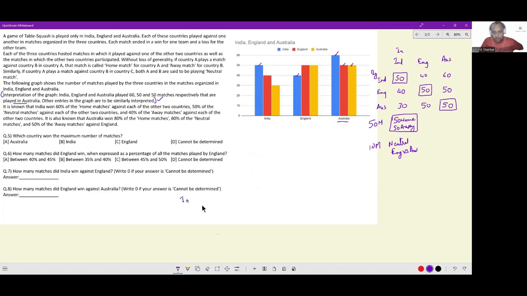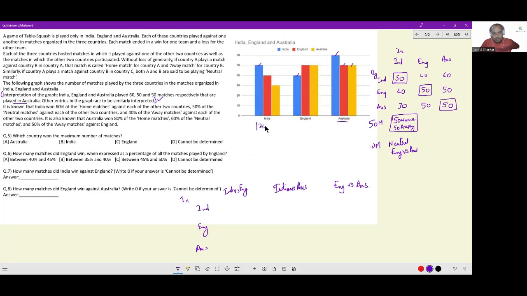In India and Australia. Match variants: India versus England, India versus Australia, and finally England versus Australia. See, because 50 matches for India and 40 matches for England and 30 matches for Australia, we have